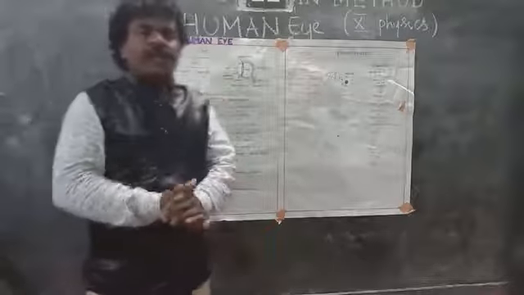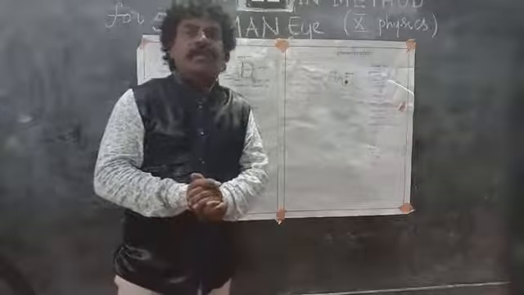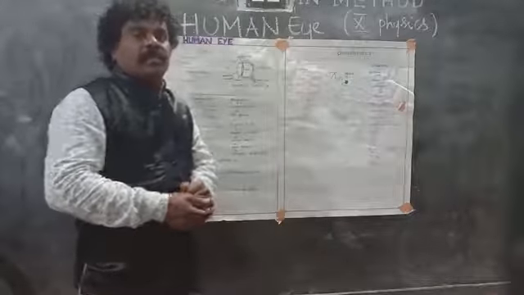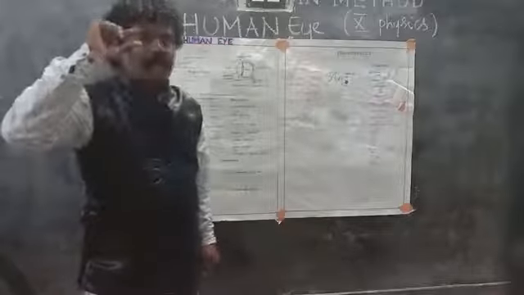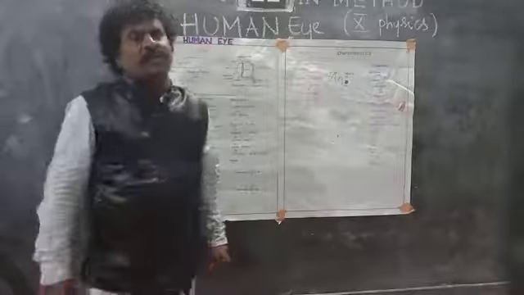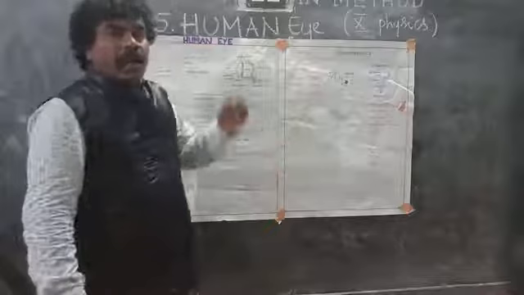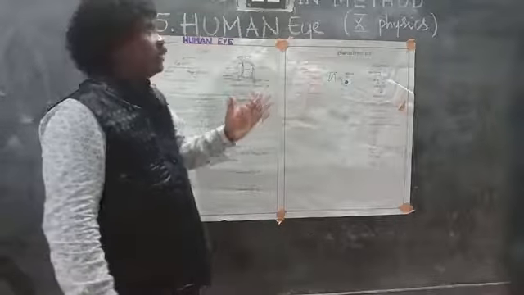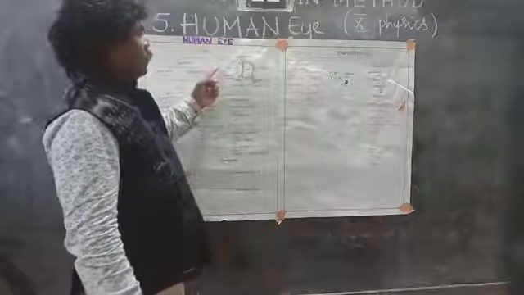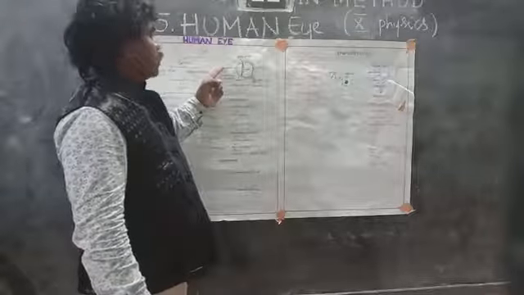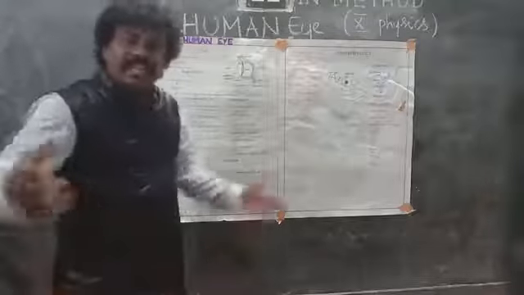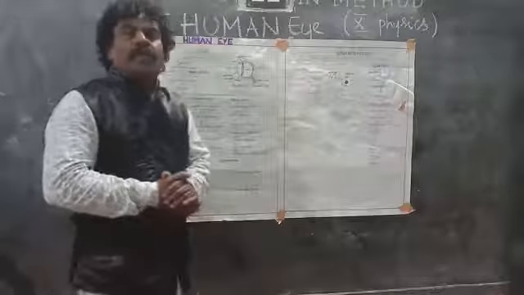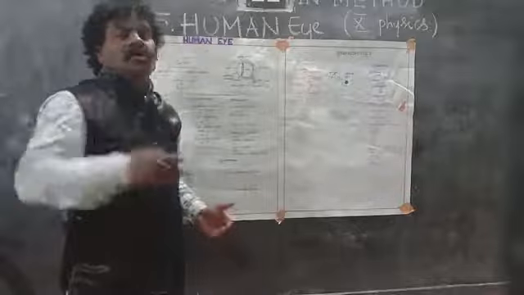Whenever we go for bank related transactions, they will ask for the iris password. So in the other case, we have given the iris as a password to identify a person. This iris will control the amount of excess light. If the eye faces excess light, it will control it.